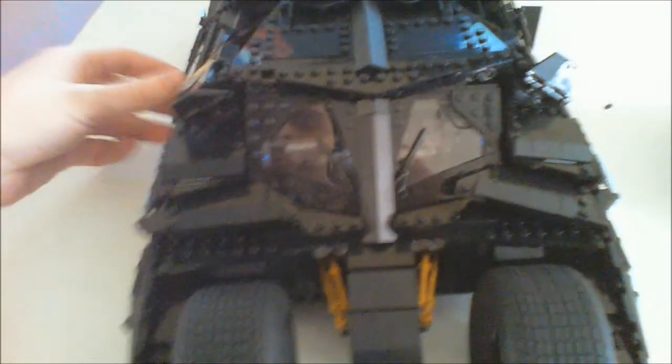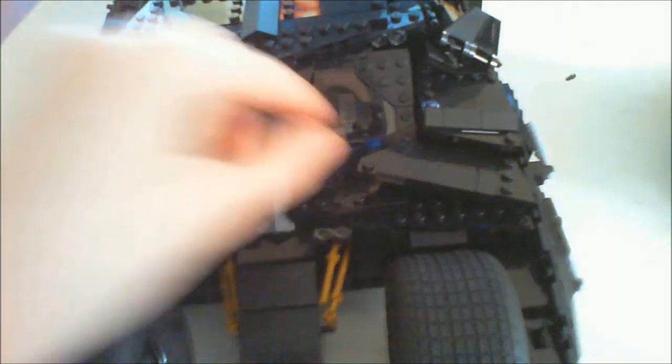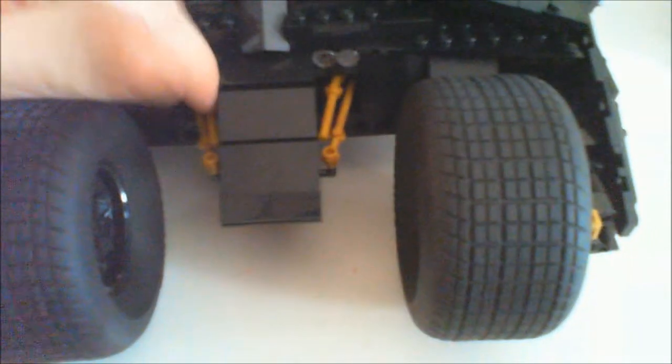The side panel is irking me a little bit, but once again, given the amount of work I put into it, I'm not bringing it back to the shop. So all these flaps go up here, like I showed you there, little window wipers, and yeah, that is the entire Batmobile. And you got little pipes down here. That was what I was saying as well, they're not fixed in place, these pipes. Unless they're meant to be guns, but I don't think they are. And you also got the little headlights here. I would recommend maybe putting, like I said, LEDs inside of it just to light it up,